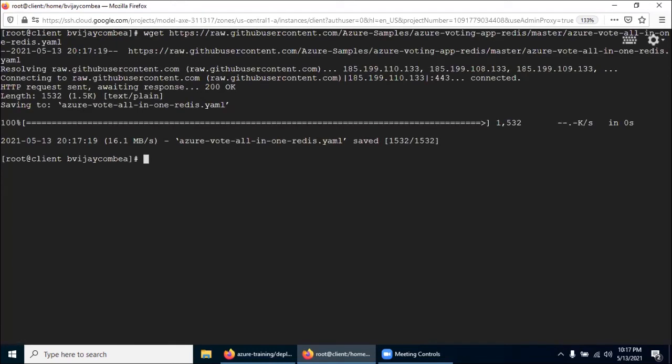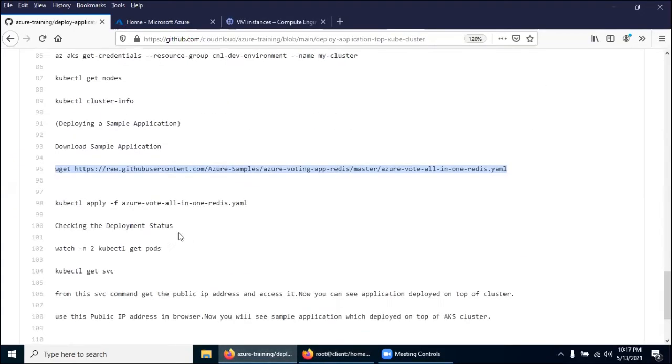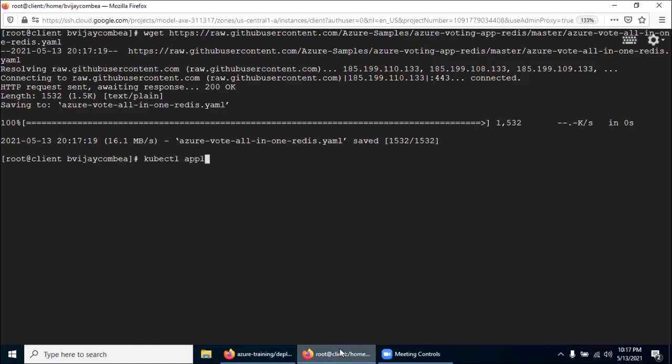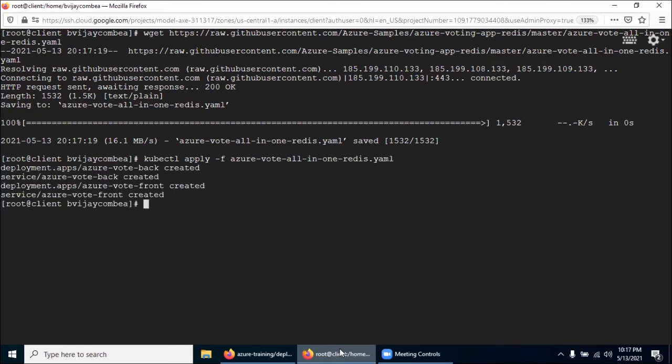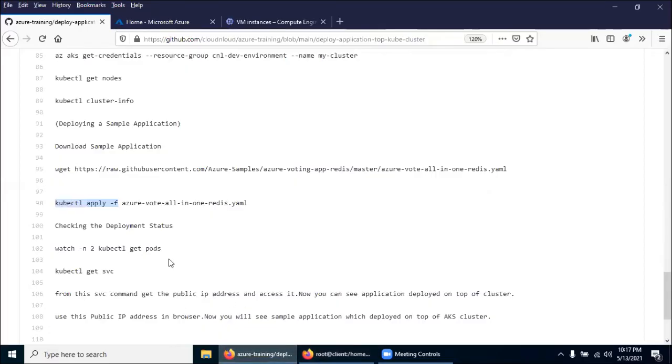Yes, it got saved. Now we need to deploy this using kubectl apply -f with the file name. So kubectl apply -f Azure. Now the sample application got deployed.